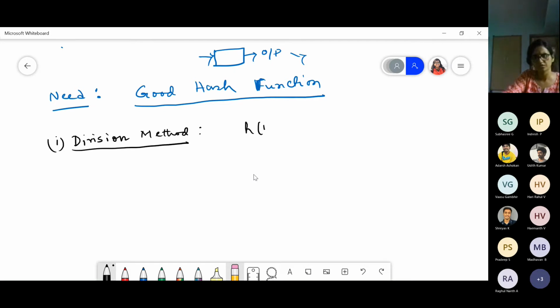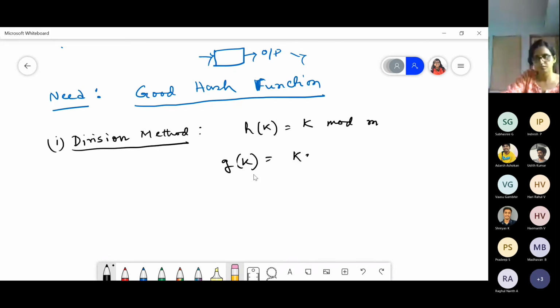So it is like h of k equals k mod m. Simply we are doing some kind of mod with k and generating the hash function. Now instead of simply k mod m, you can also use, say, g of k equals (k into c plus d) mod m.